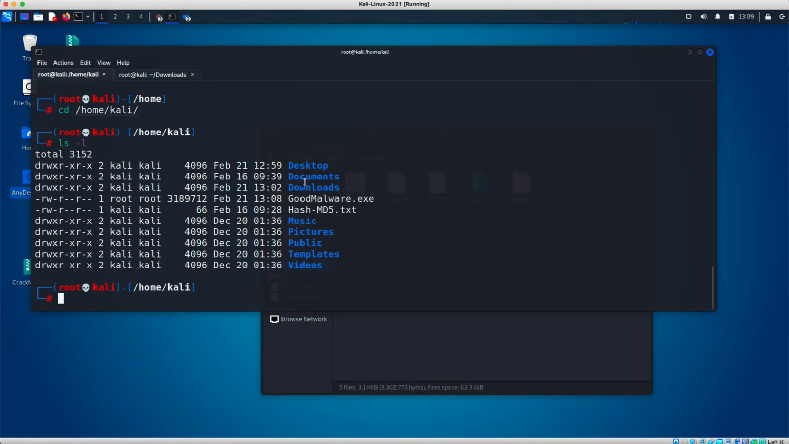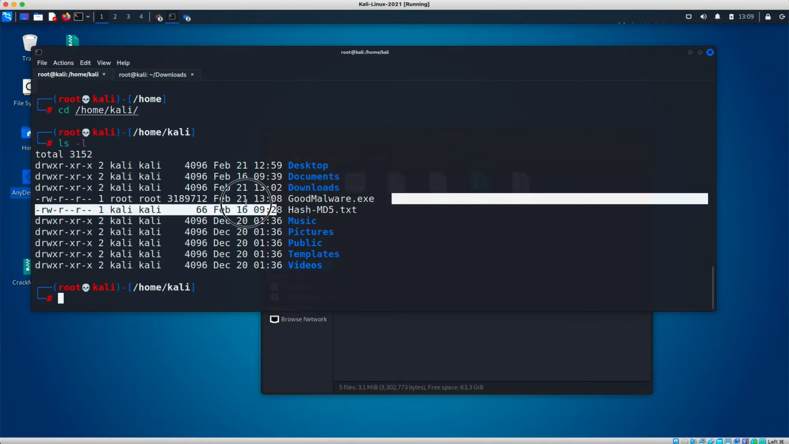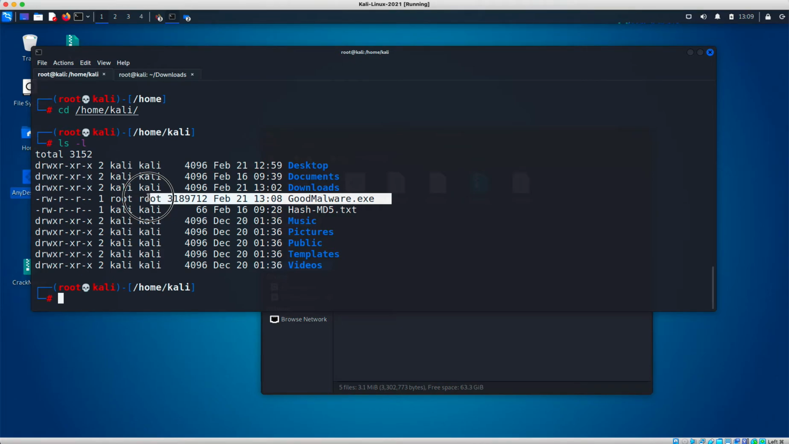There it is. Good malware is now in home Kali here. We do see it is bigger. It's got a current timestamp here, so we are happy with that. That was a success here. So now